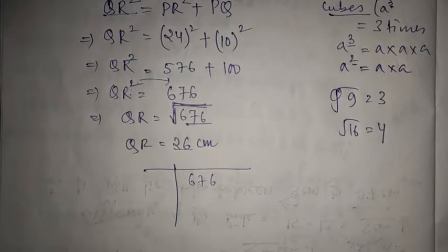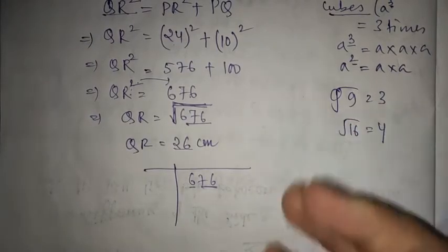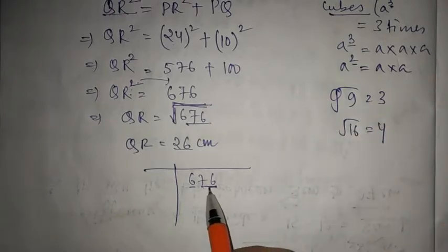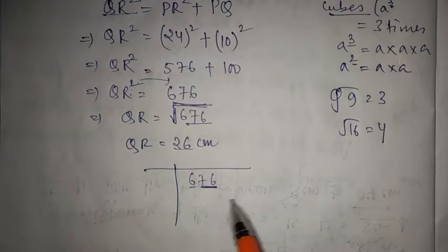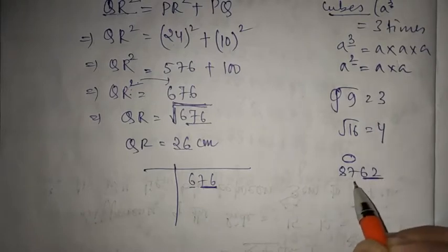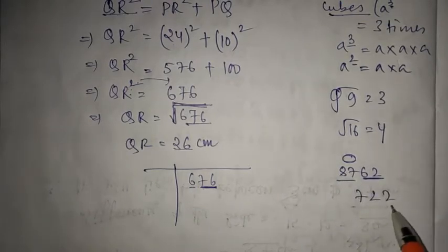First thing you have to note is you have to make pairs of the digits from the right hand side. So here from the right hand side 6 and 7 will be paired. Pair means 2 digits should come together, right? If it has 6 7 8 2, then it will be 67 and 82. If it is 7 2 9 2 2, then 92 and 72 are paired, and 7 will remain alone.